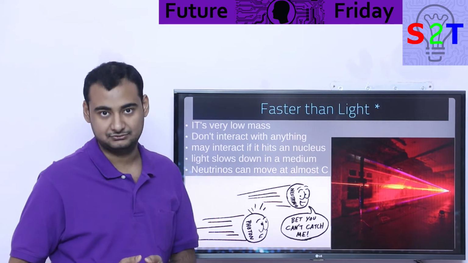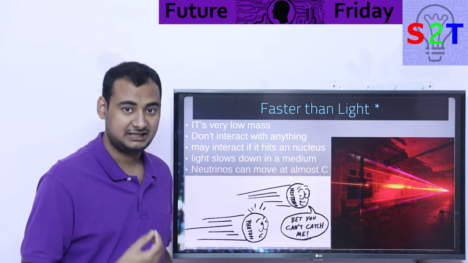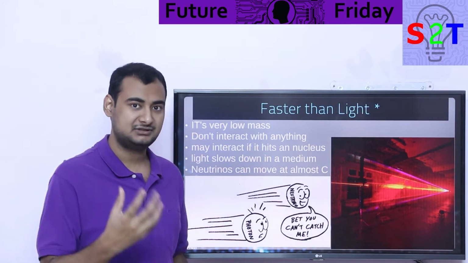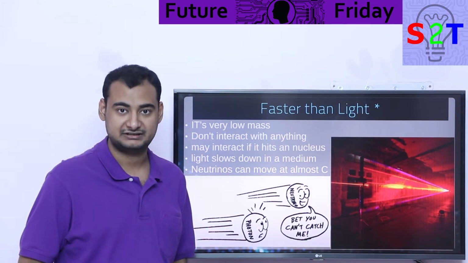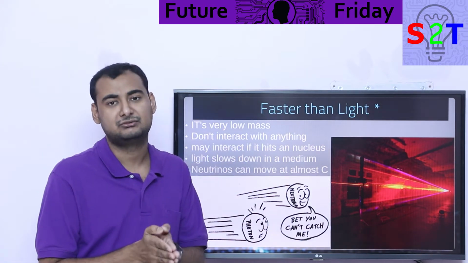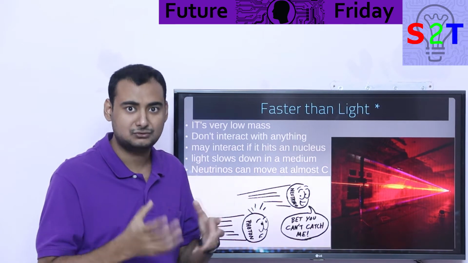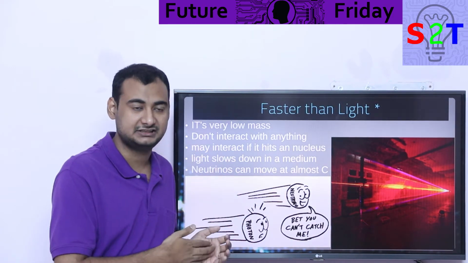What does that translate to? That translates to almost everything being transparent to this. You can take X-rays or you can take gamma rays, the highest level of normal photons that we have in this universe, and you can stop them with a few feet of, let's say, lead. We do that in our nuclear reactors, so we know how to do this. It's an actual tested reality.